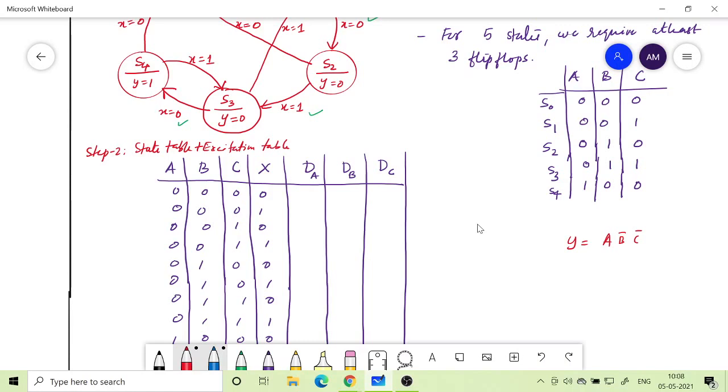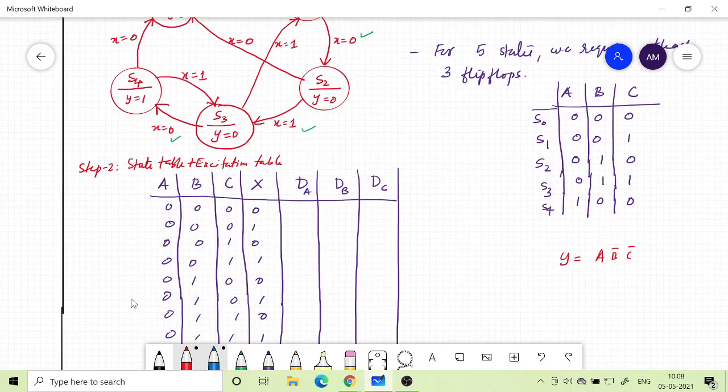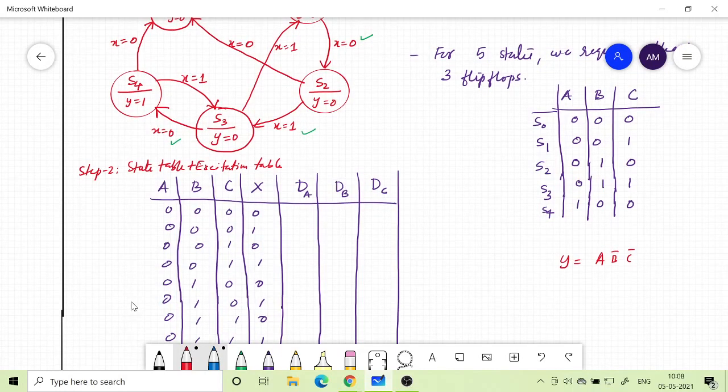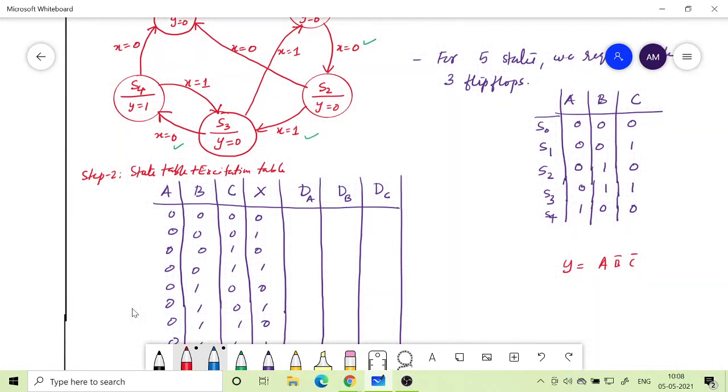Whereas DA, DB, DC are the inputs to these flip-flops, we need to find them out. Suppose AB equal to 0, 0 means ABC is 0, 0, 0, which I call S0. So let me just write the states here sidewise. This is basically S0, and the next one is S1,